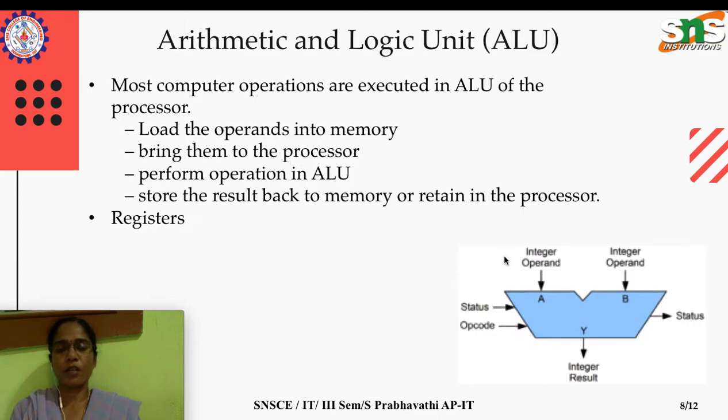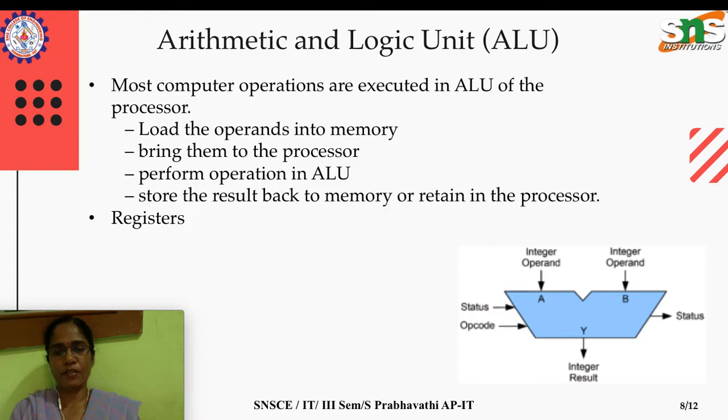Inside the processor we have the ALU, where all the operations are performed and the result is given back to the memory or straight away to the output devices. The processor uses n number of registers. Apart from cache memory, secondary memory and main memory that we have seen, there is still a memory called a register. A register is also a memory built into the processor to store information while processing takes place in the ALU, which is very high speed when compared to cache.